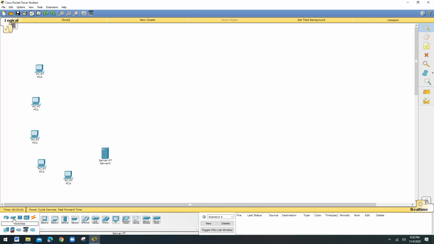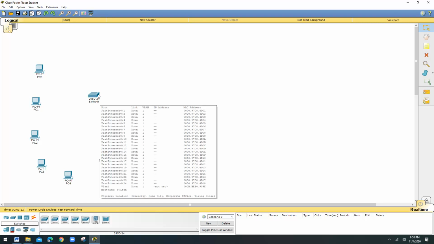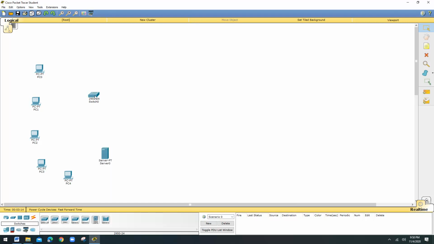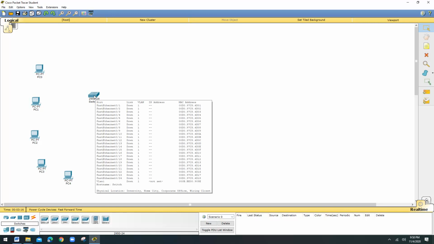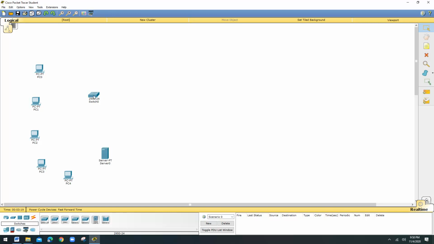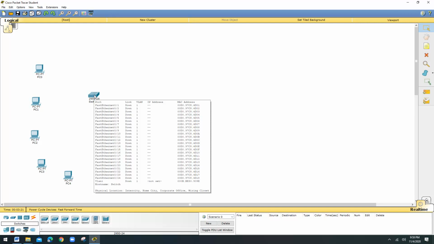Now, all these devices I am going to connect through a switch. I am taking a 24 port switch. You can connect 24 computers; this switch is going to have 24 ports. That means 24 different devices you can connect here.